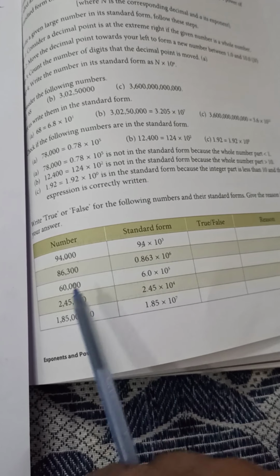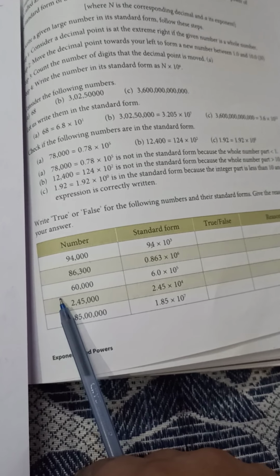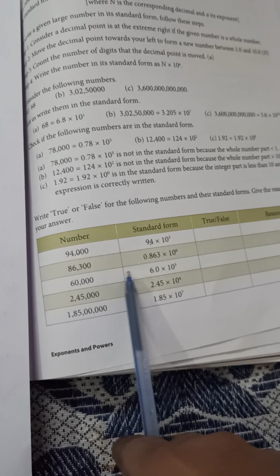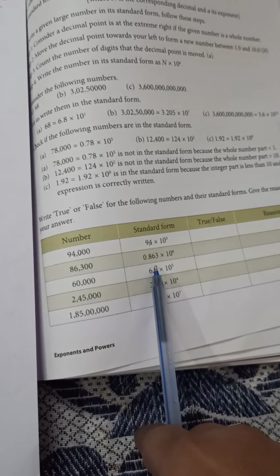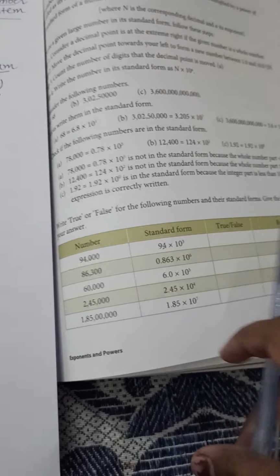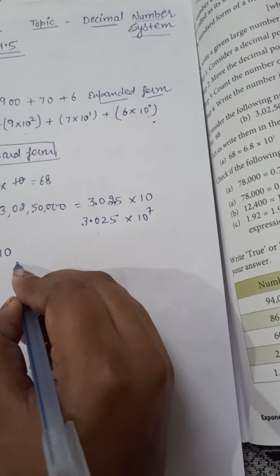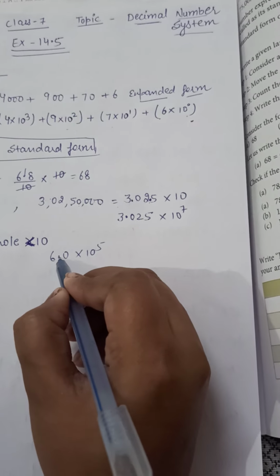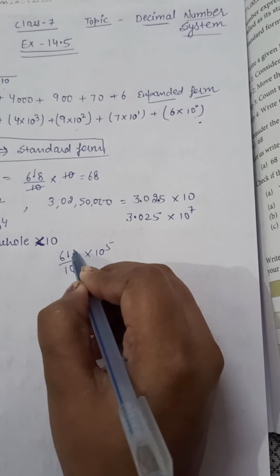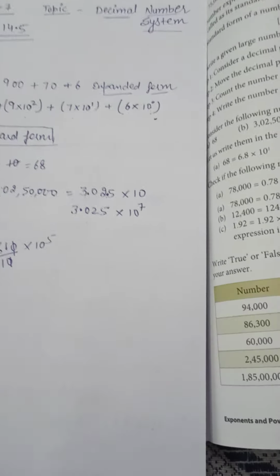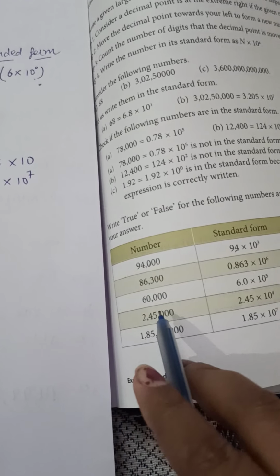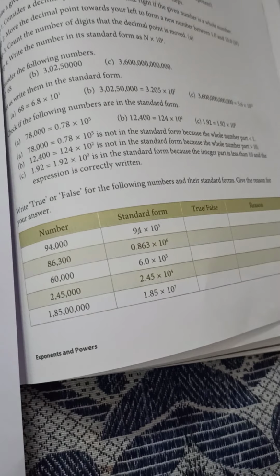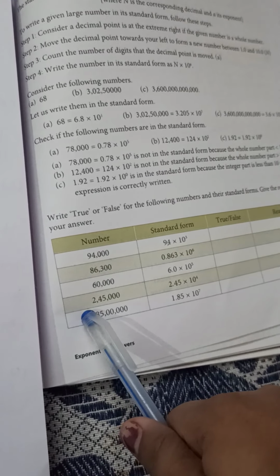Now come to this, 6.0 multiplied with 10 to the power 5. So here 1, 2, 3, 4 are there. 4 zeros given, 1 they put. Right? So when you open it, see here, multiplied with 10 to the power 5. So when I remove this, 0, cut it. But here it is given how many zeros are there? 1, 2, 3, 4. So this is also not the standard form.